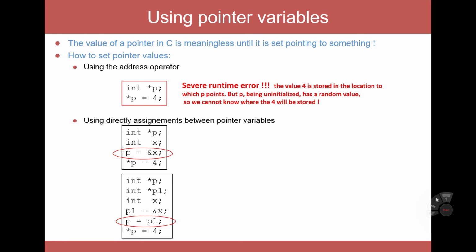Here is another one. The value of the pointer is meaningless until it's set pointing to something. So the pointer will be meaningless until it points to some variable. Now let's see what will happen. If I say integer star pointer, so I'm creating pointer P, and then here